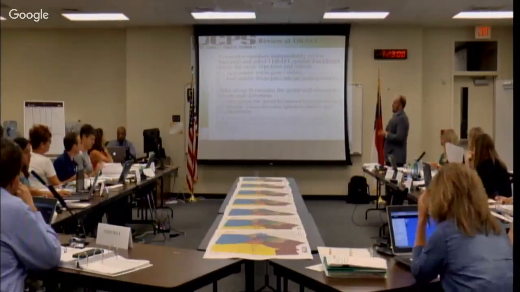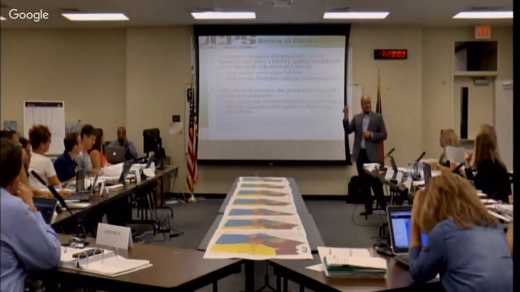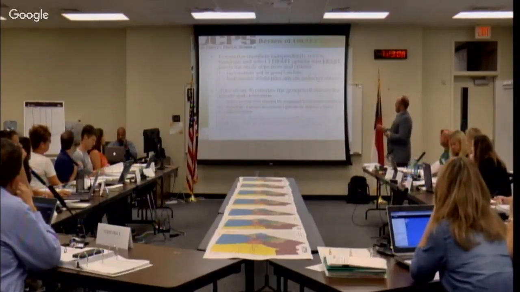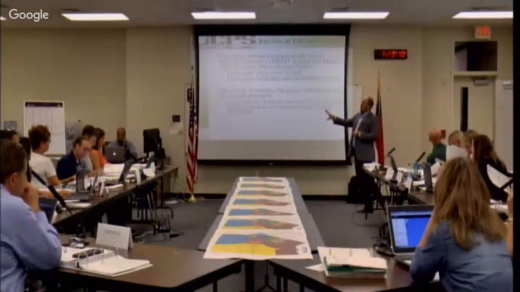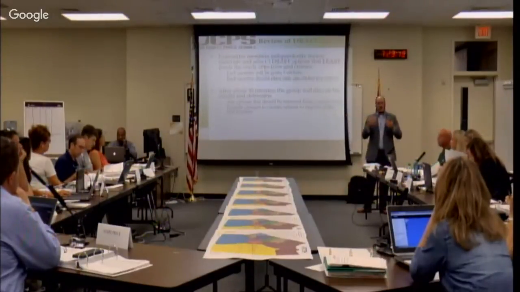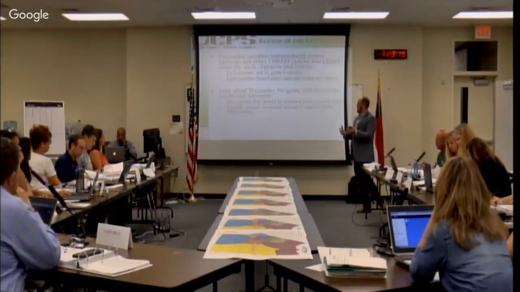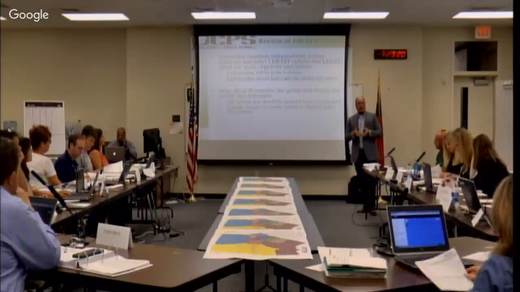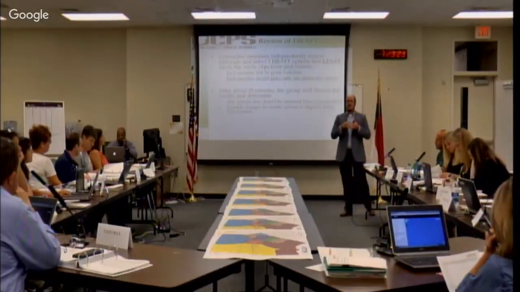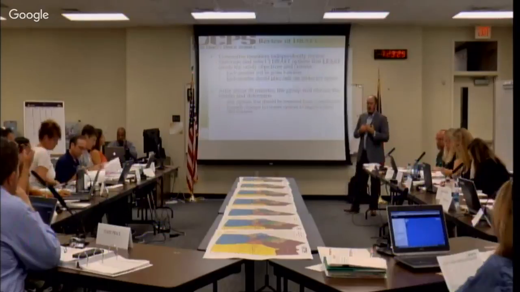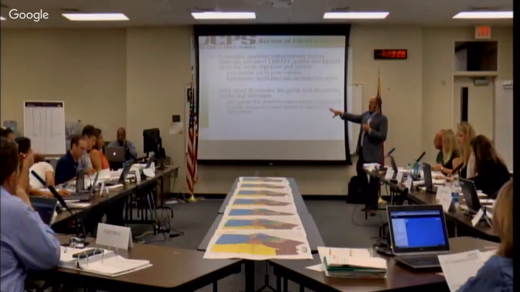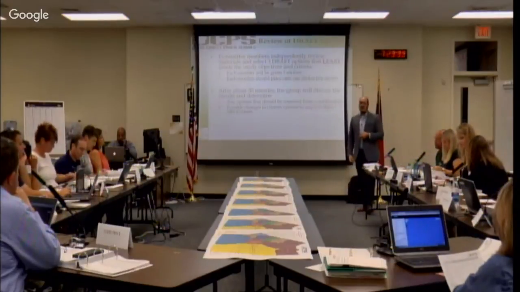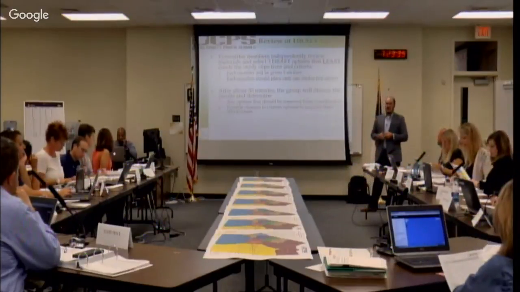You can only place 1 sticker per option, so don't put 3 stickers on one option. That's important. We'll give you some time. You can still study the numbers and overall evaluation. We have time built into this. But when you feel you're ready to pick the 3 that you feel least meet the objectives and criteria, the 3 that you think should come off the table at this point, you can put the 3 stickers on the 3 options that least meet the criteria. Do you guys have any questions about that?